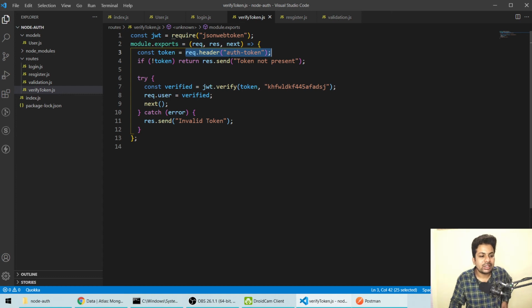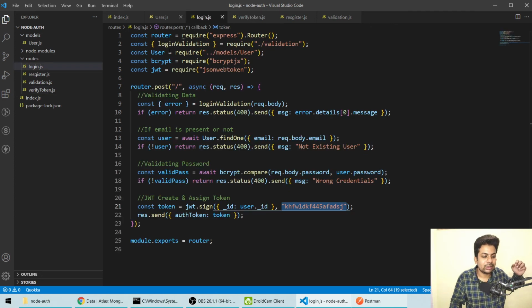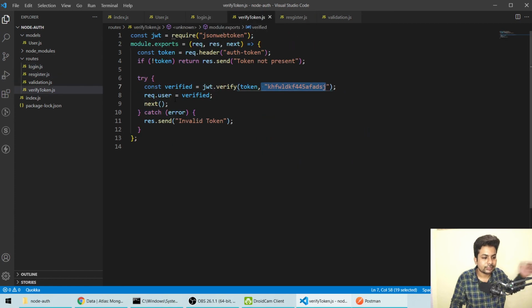We'll check if the header is present, otherwise I'll send the response token not present. Then I'll come to try and verify whether the token is verified or not. If it is verified, we'll get this ID, save it to request.user and call next, meaning wherever you were going. And if there is an error, we'll send invalid token.